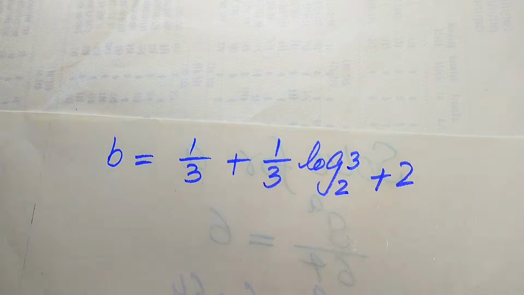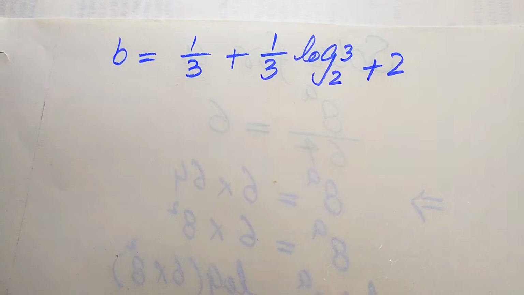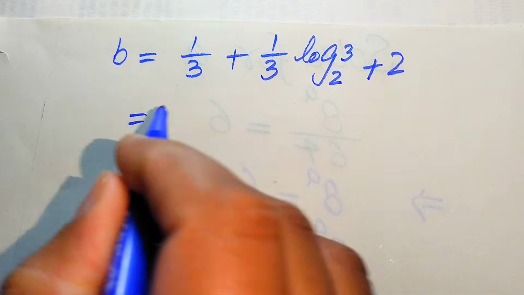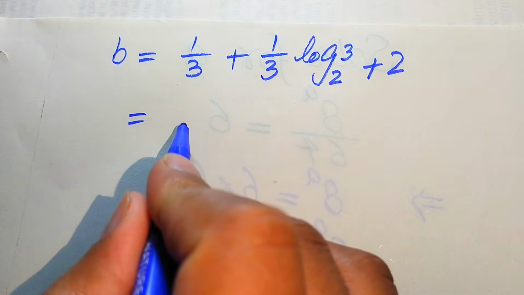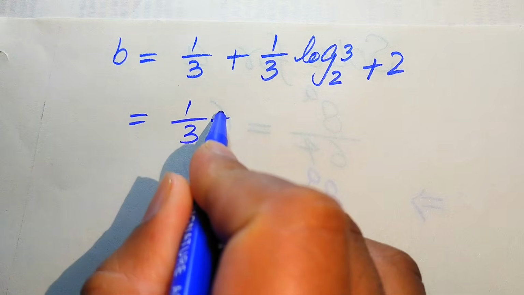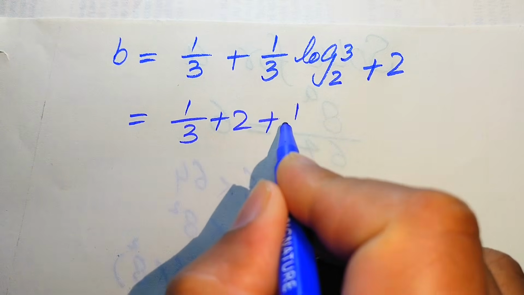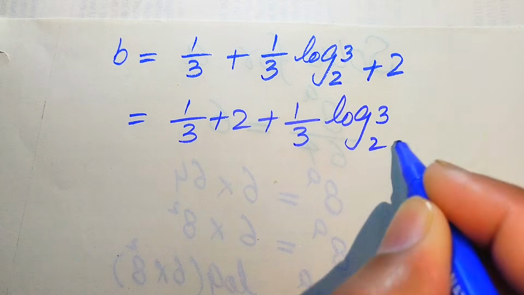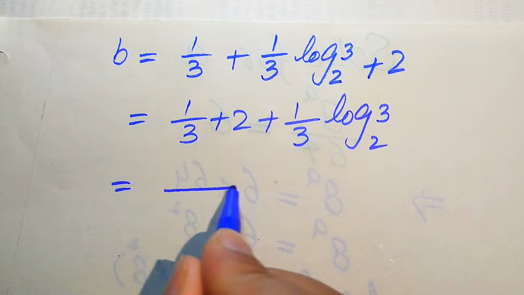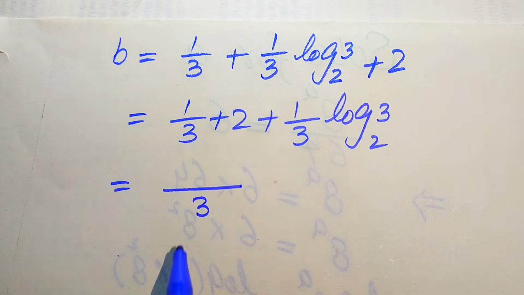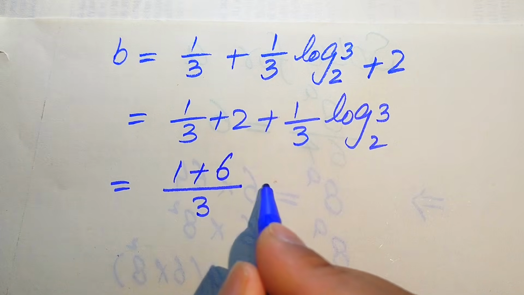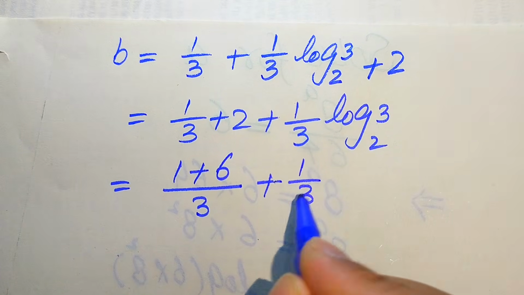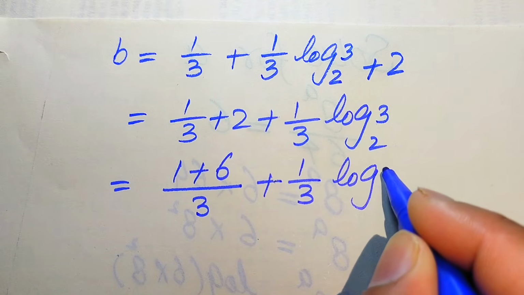And now further in the next step we take the LCM of 1 over 3 and 2. So we write it as 1 over 3 plus 2, and plus this is 1 over 3 times of log 3 with base 2. So here we take the LCM of this term, and its LCM becomes 3, and we write it as 1 plus 6, and plus this is 1 divided by 3 times of log